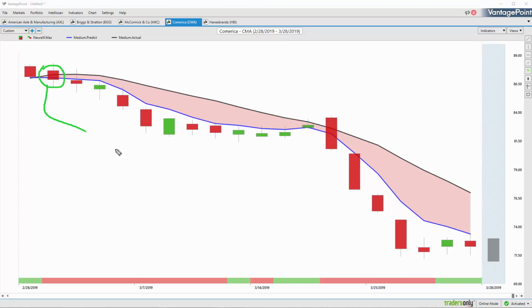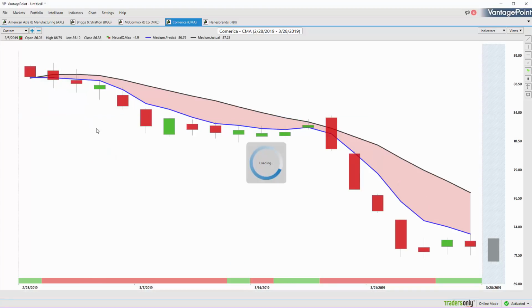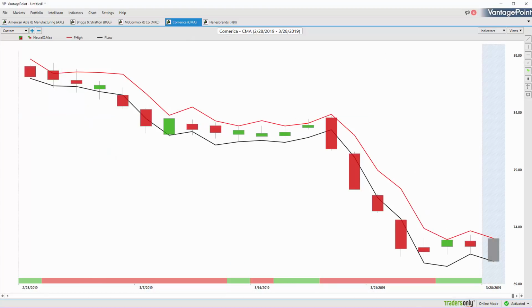Again, here's Comerica. Cross to the downside very clearly here. You get this little bit of strength here. We are trading above that predicted moving average, but you never get that blue line crossing above the black line, and the trend's still very much to the downside. So that trend trader needs to know, look, the trend is still down. You may get a little bit of a movement higher over these trading days, but until that blue line crosses above the black line, stick with that trade, stick with that trend,